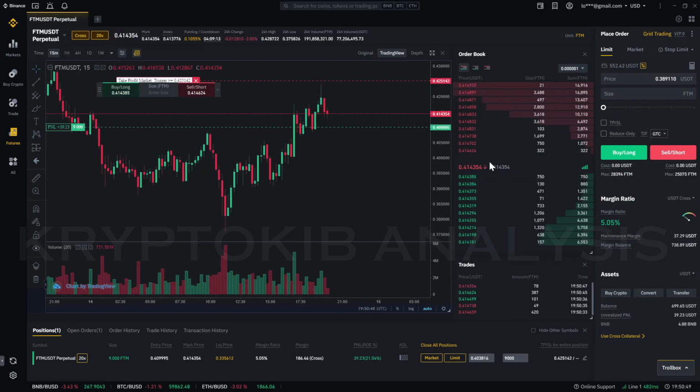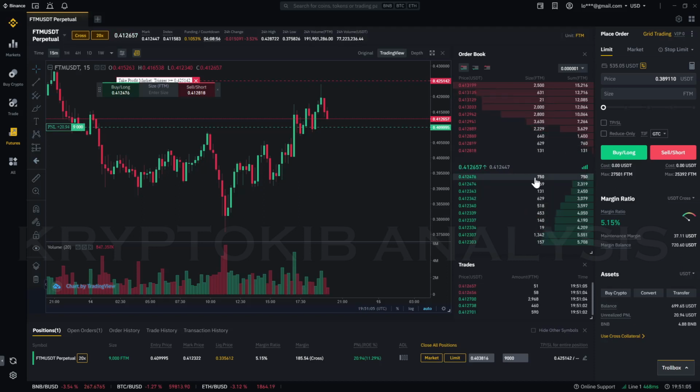Now let's look at the order book here. This is the order book. This is the buy side. Here I have 17,395. You can see these quantities are bigger than 10,000, right? So if I choose to market sell 10,000, what will happen? This one will be filled. This particular one will be filled.